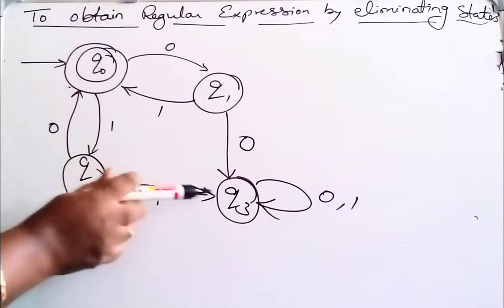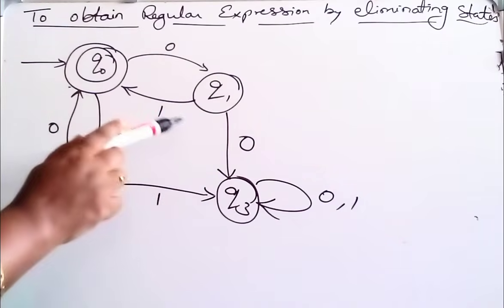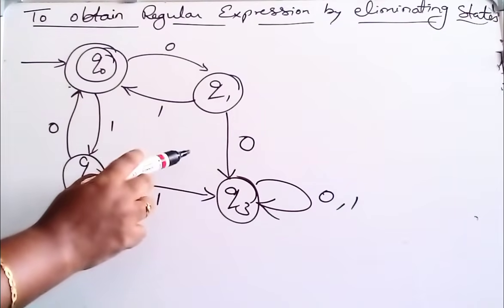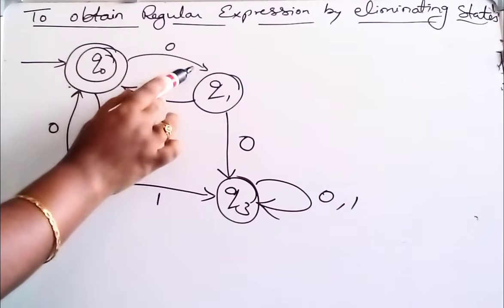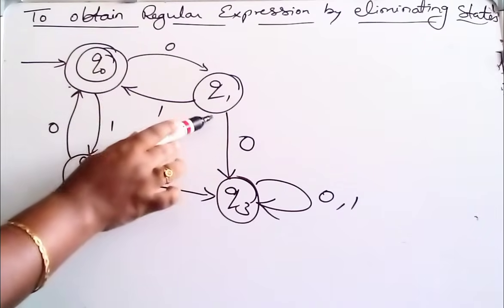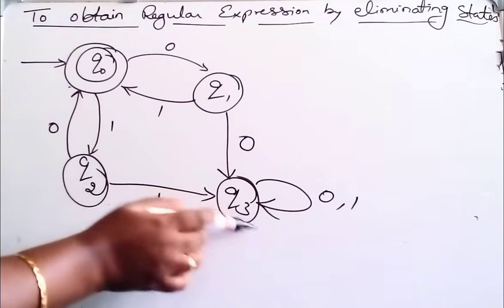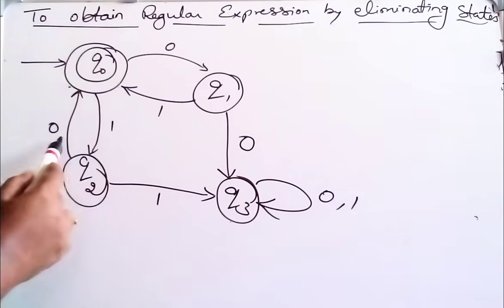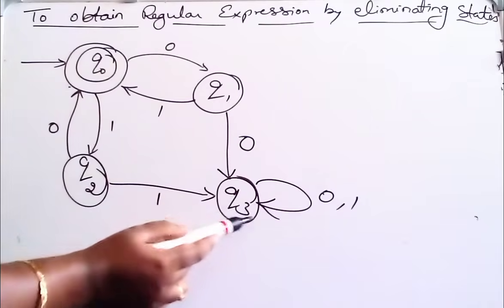And see whether all the states are reachable from the starting state. So here, from the starting state to the final state, all the states should be reachable. If you observe from Q0, on reading 0 it is going to Q1, on reading 0 it is going to Q3, and in Q3 it is self looped. Again, from Q0, on giving 1 it is coming to Q2, and on 1 it is going to Q3.